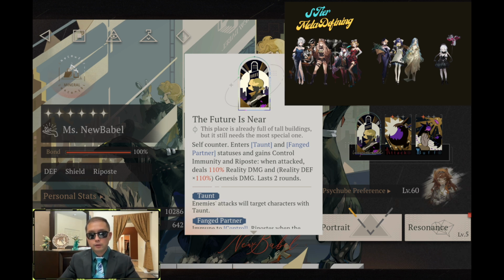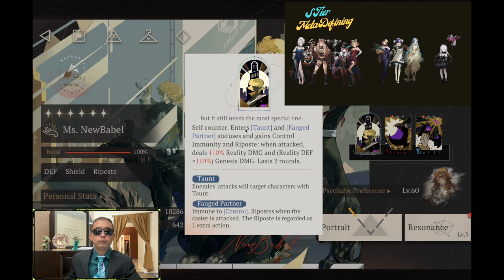And this is noteworthy for 2 reasons, because we are entering a stage in the game where every action counts, right? What I mean by that is that if you want to maximize your damage output, if you want to fast clear Limbo, fast clear Raves for the triple S ranking, you need to be able to do more things in fewer actions. And so for this reason, if I just read the ultimate real quick, it's a self counter, enters taunt,